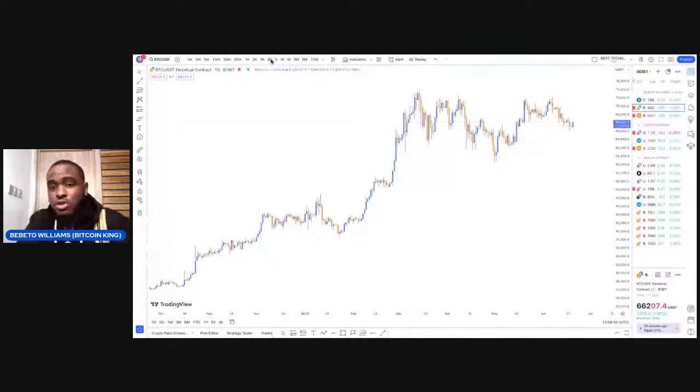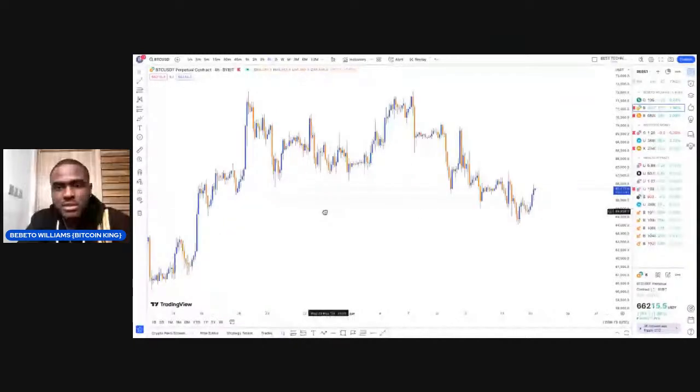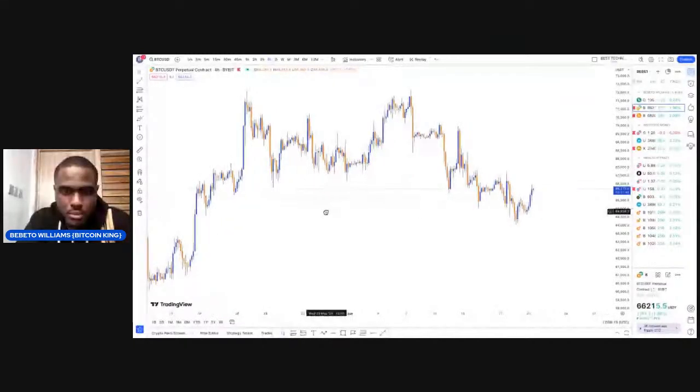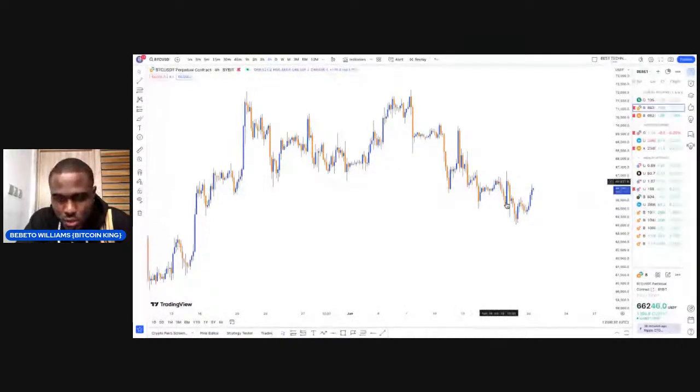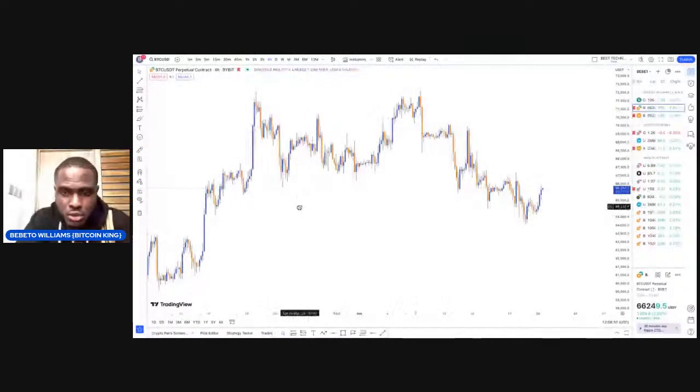Do you understand? So when we come over to the 4 hours time frame, the question is, what is the 4 hours telling you? What structure is the 4 hours saying you should trade? Sorry, the 4 hours time frame is a buy structure. Now the daily time frame is sell, the 4 hours is buy.